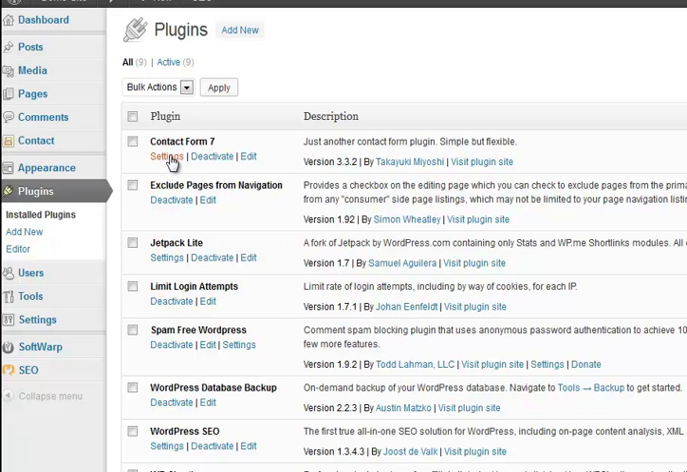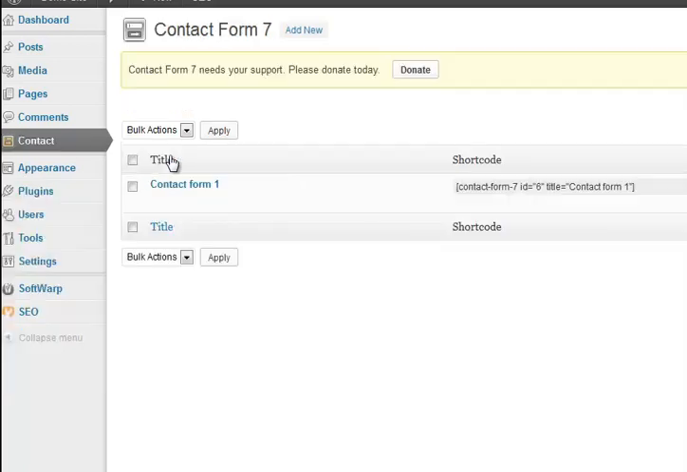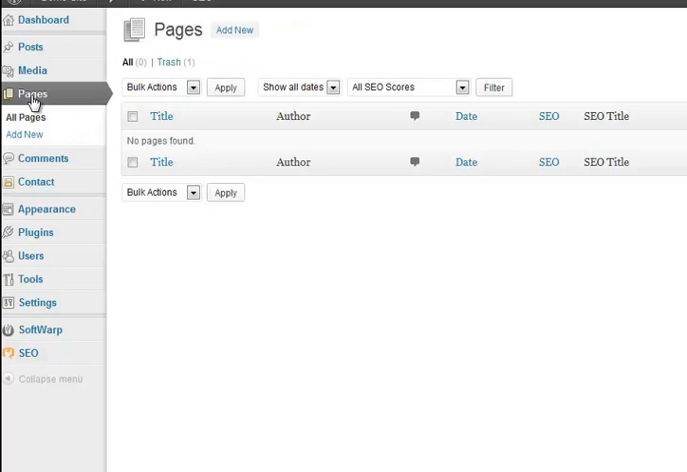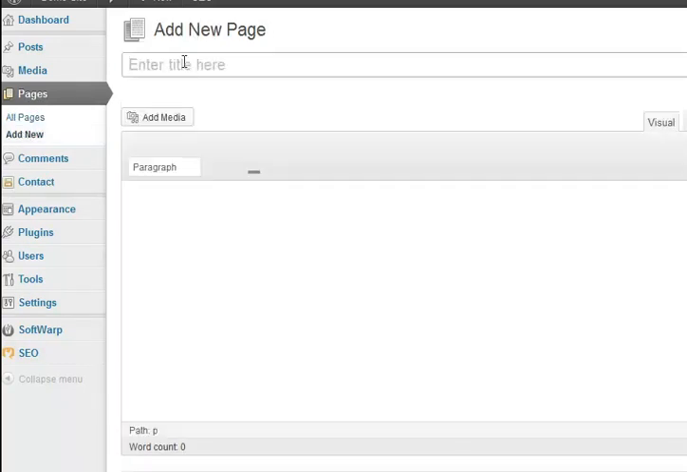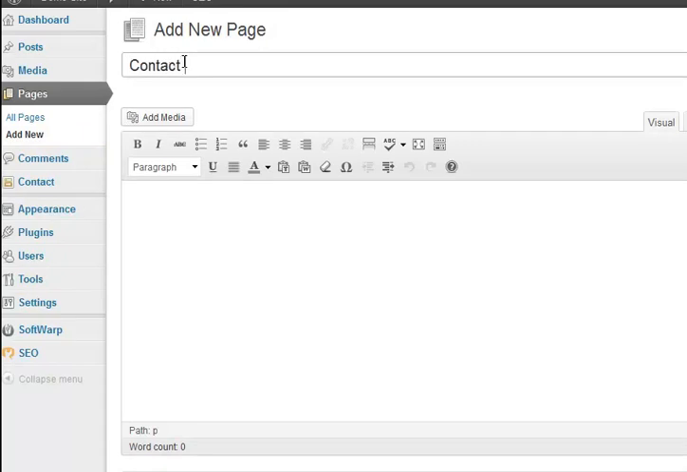Contact Form 7. Settings, there isn't really very much to do here. Basically it sets up a contact form and it gives you what it calls a short code. So we copy and paste that, go across to pages, click on add new, and we're going to go for a contact form. Just call it contact, copy and paste that in,